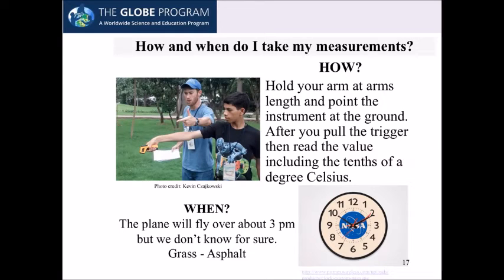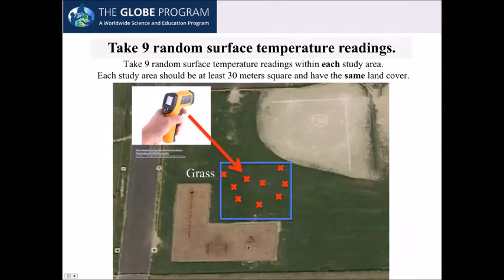We're looking at about 3 p.m. when the plane may fly over, so that may cause problems with schools being over for the day. I know some teachers are talking about students maybe doing an after-school program. And I would like you to take the temperature on grass, a grassy area, and on asphalt to do that comparison. Also, when you take your observations, make sure you do 9, and you do it on a homogeneous area. So here's 9 in the grassy area. Notice it's not on the softball field or the playground area; it's in between, where the grass is all about the same. So I do the 9 in that area.